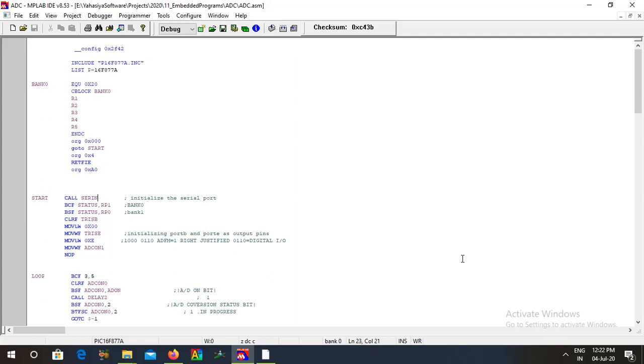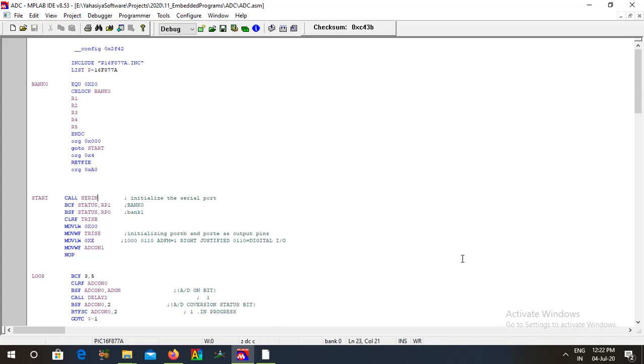The only way to do this with this controller is via a serial communication interface, that means the RS-232 interface. We are going to transmit the converted result to the PC. So I am doing the initialization.